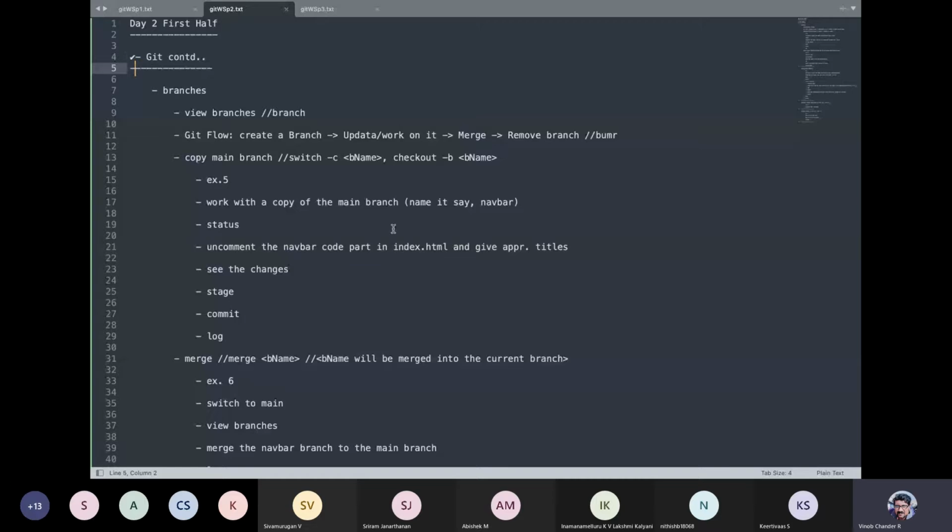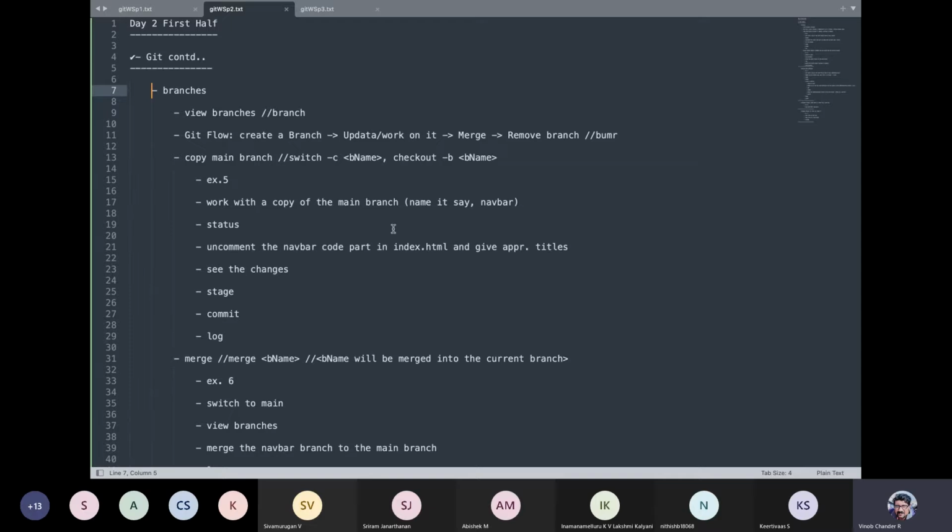Okay. Now let us talk about branches. Now guys, what is a branch? Anybody, any idea already in case? What do you mean by a branch and why branches? Guys, think of branches as like redundant copies of your main, probably published code if it is in deployment, right?